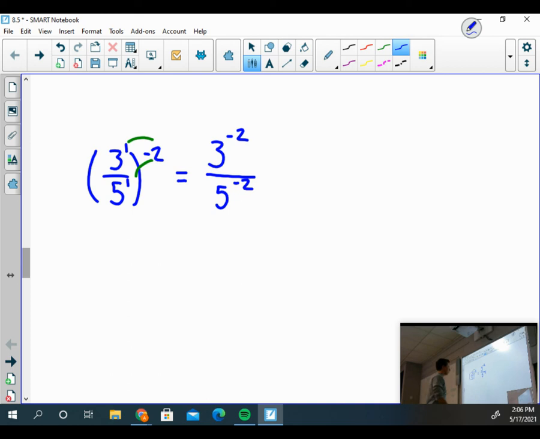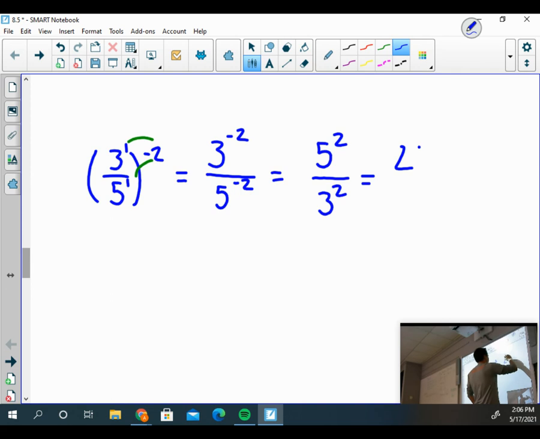And when we do this, we need to rewrite our negative exponents as positive. So I simply flip the side of the fraction they're on. Again, that's a topic we learned about in 8.1. We rewrite negative exponents by flipping the side of the fraction they're on. And then we simplify and we get 25 over 9. Now, an alternate way of thinking about this problem